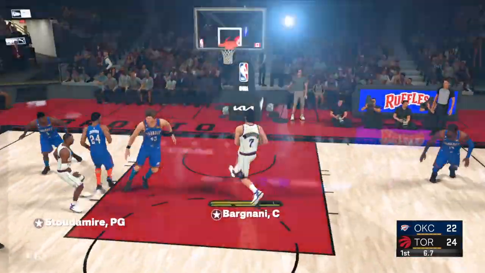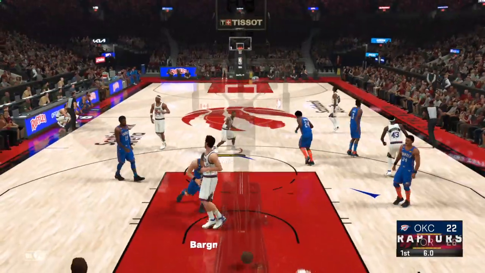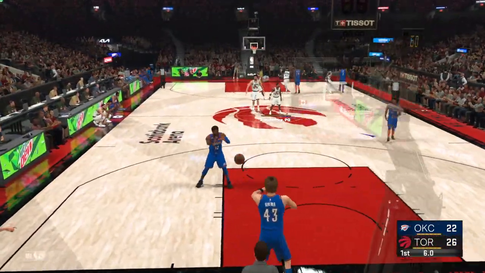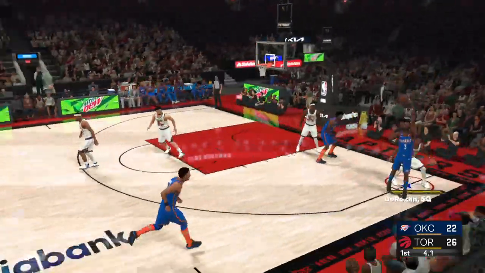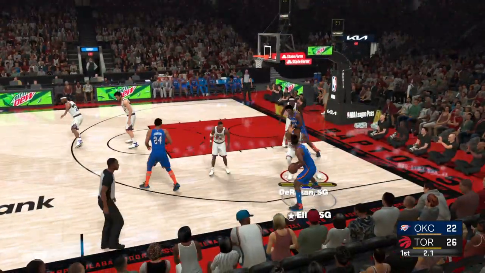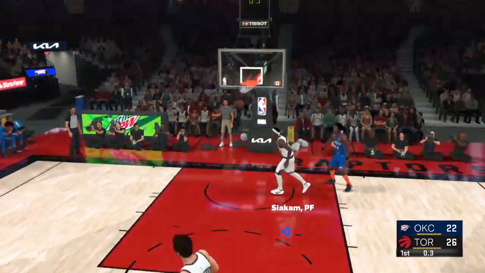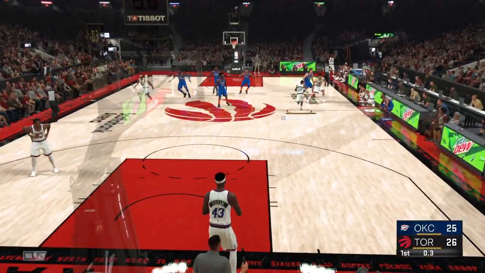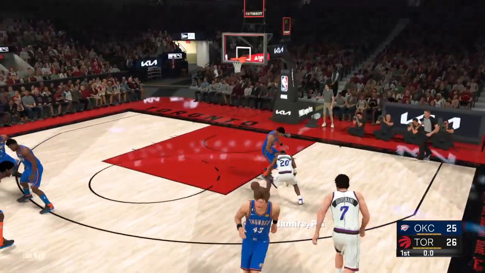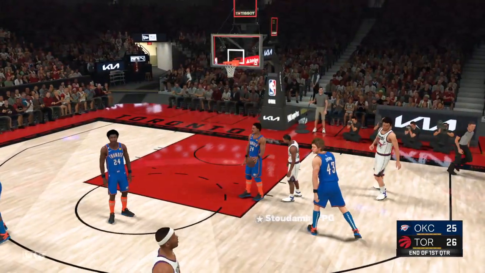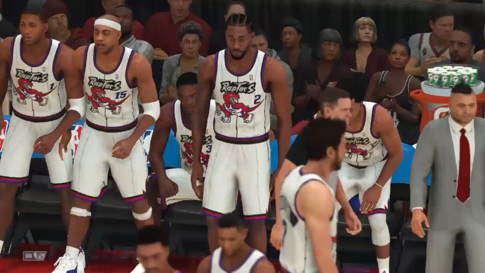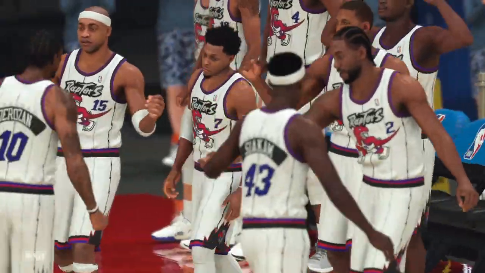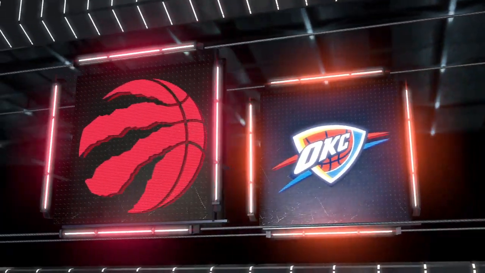Stoudemire outside. Here's Bargnani. And Bargnani throws it down. Stoudemire, a talented passer, excellent at finding ways to get his guys going. There's Ellis with the three ball. That falls. Nice feed that time from George. I know what they say, defense wins championships, but you need some bucket getters too. Kawhi Leonard has been on display for Toronto. He notched 8 points in the quarter and has that terrific basketball instinct on display.